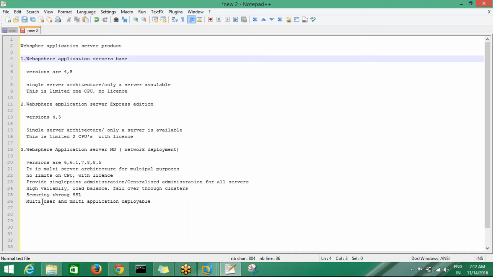The next one is high availability. In single server architecture we have drawbacks. For example, I have one critical business application like an online store such as Amazon.com. Amazon.com is an online store for the whole world, a very critical business application.